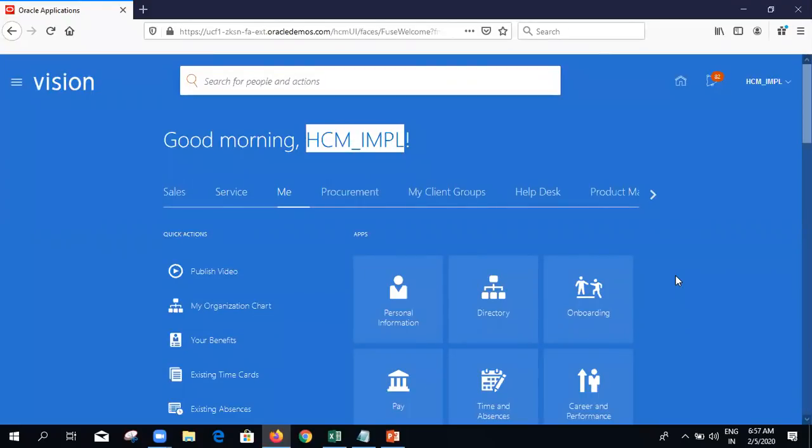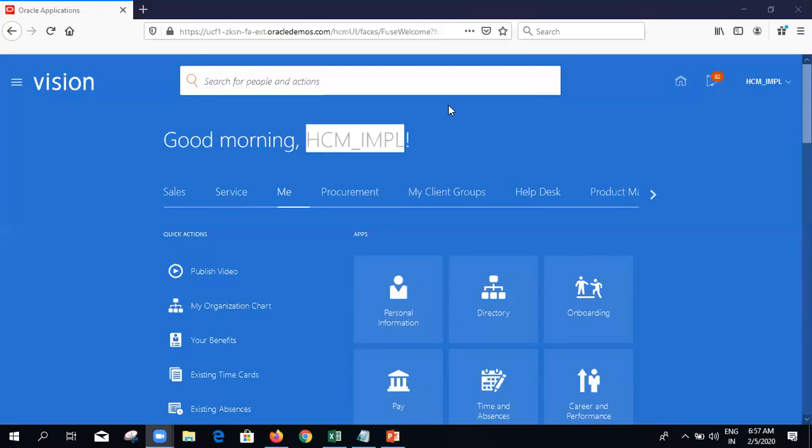The functional area where the security administration in Fusion is done, we call it the security console. In EBS, we had the concept of responsibility, and we used to build the security in the identity management, IDM.